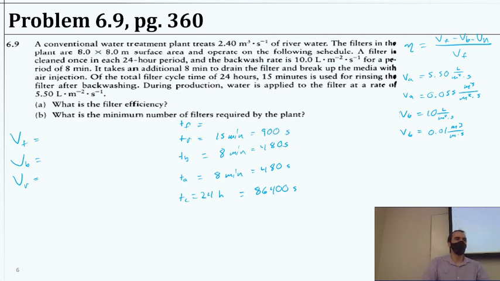So that leaves just the time of filtration, which is going to be the 24 hours minus 15 minutes minus 8 minutes minus 8 minutes. Convert that to seconds. And according to my Excel calculations, that's 84,540 seconds. Okay, so straightforward, but again, just being aware that the units are